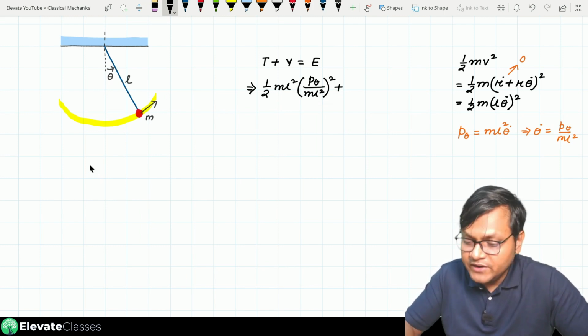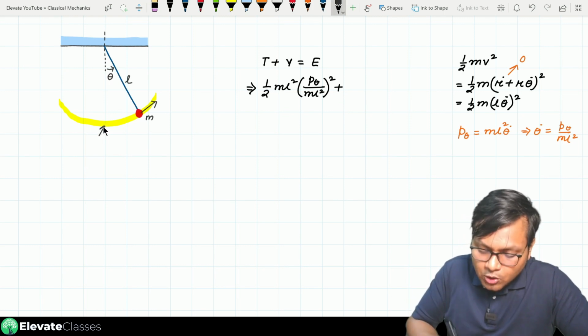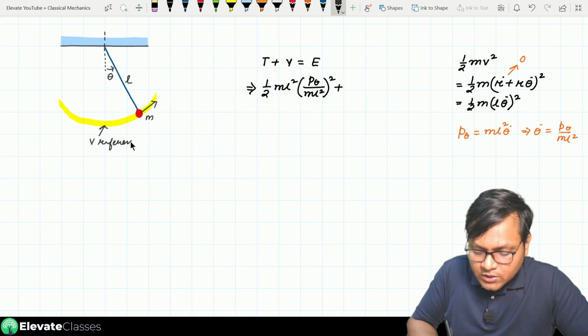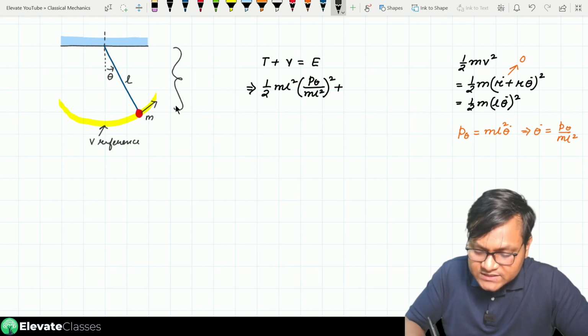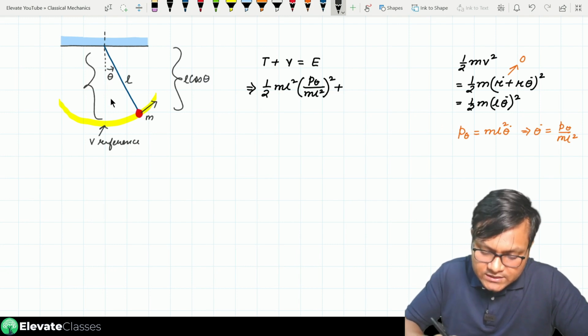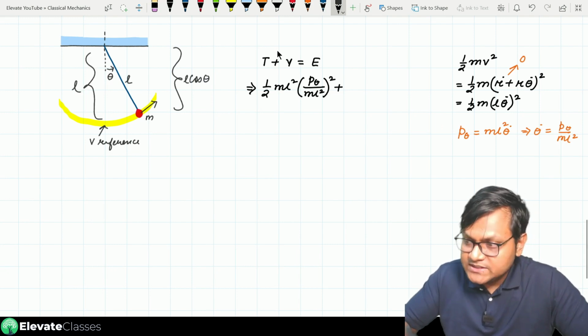Potential is because of gravitation. So let us consider this to be the lowest point. So we take this as V reference. If we take this as V reference, then what is this? This is nothing but L cos theta, right? And what is this? This is also nothing but L. So this basically comes out to be